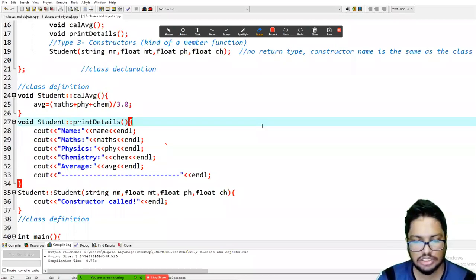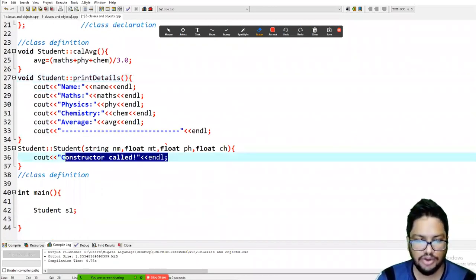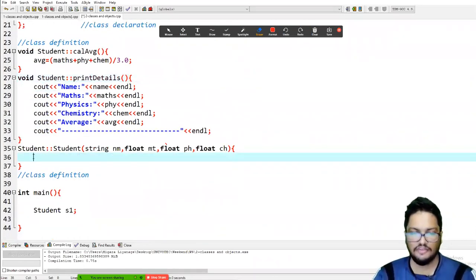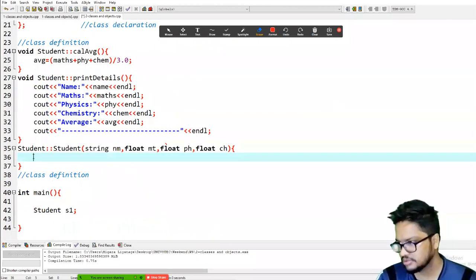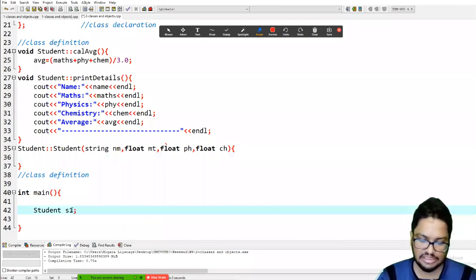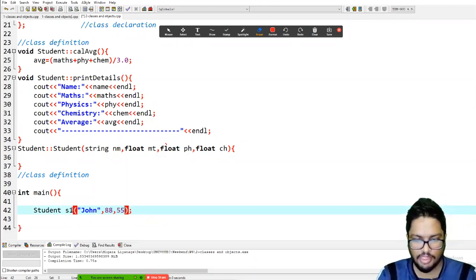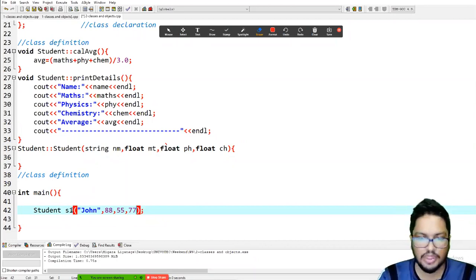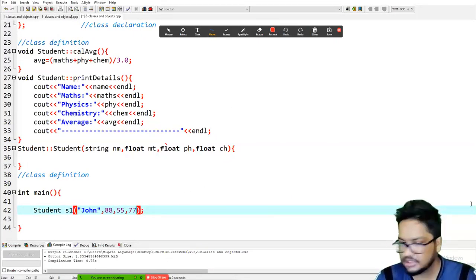So now what we can do is take these values and pass some values to the constructor from here. So what will happen once these are passed?